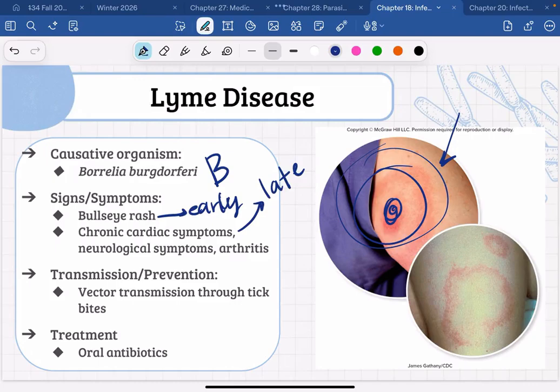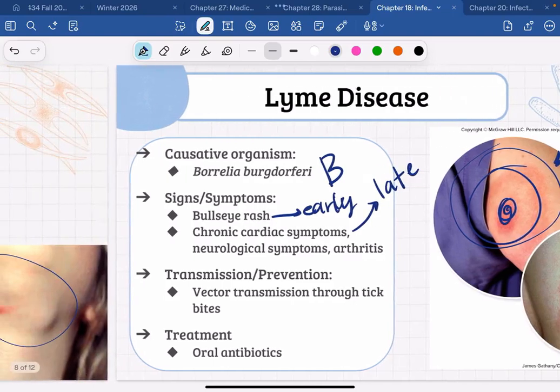And a lot of times, it's just the state of medicine as it is right now. A lot of times people with Lyme disease will originally get diagnosed with mental health conditions, like you just have anxiety or you're depressed, because a lot of those symptoms do overlap. But it can be really tricky to diagnose Lyme disease.